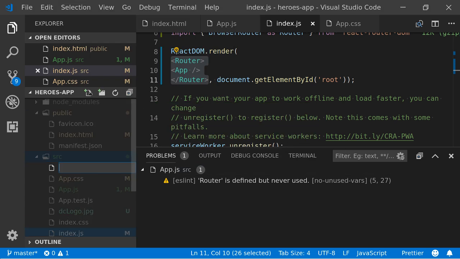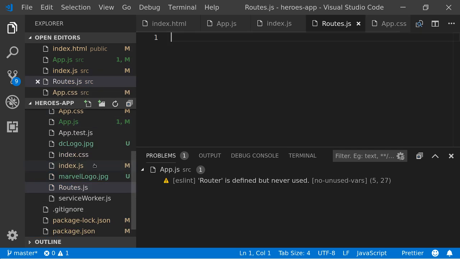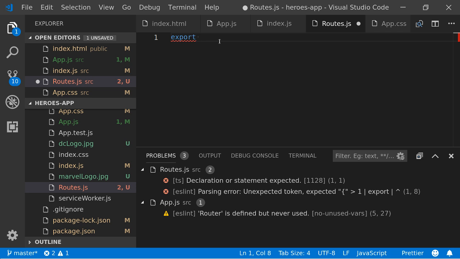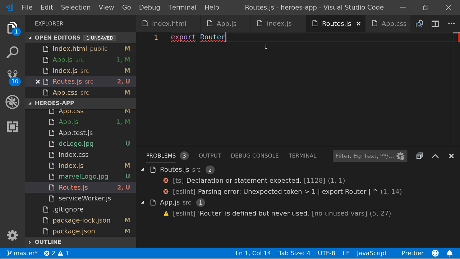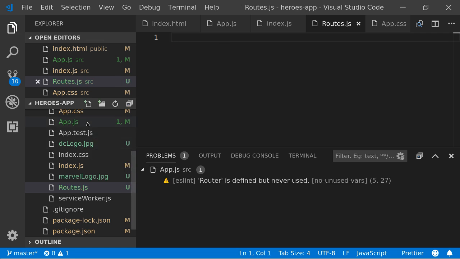So if I create a new file there, and then I'd write some code, yeah, and I'd export that. Yeah, I'd export my router. I'm not going to write it all now, but I'd export a router component there, and then I would import that wherever I wanted.